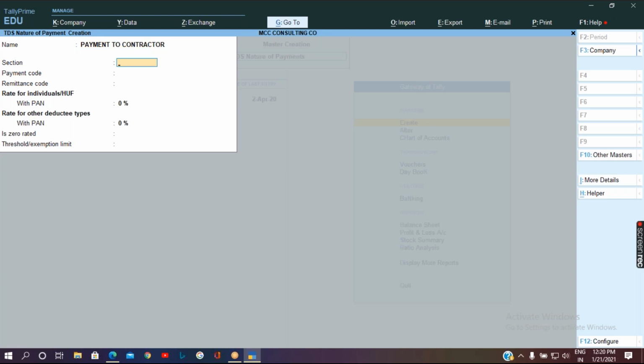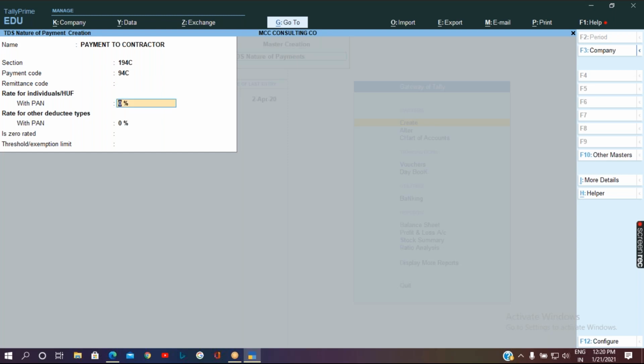So the section is 194C. So payment code, it will be 94C. So exempt the 1, the first number, the remaining will remain as the payment code. So remittance code, let's ignore it.